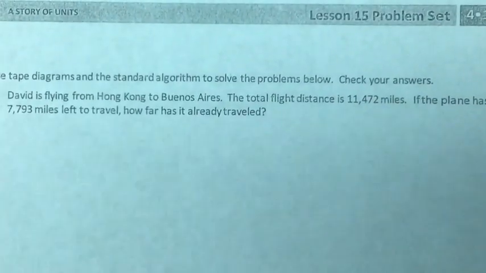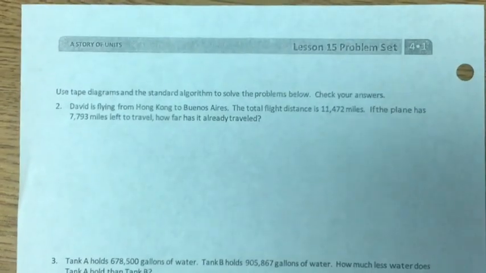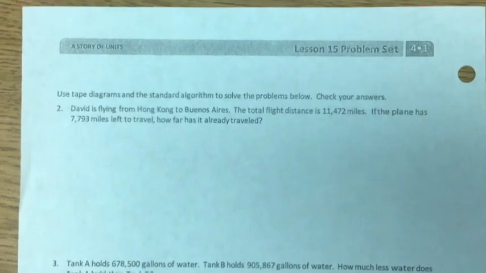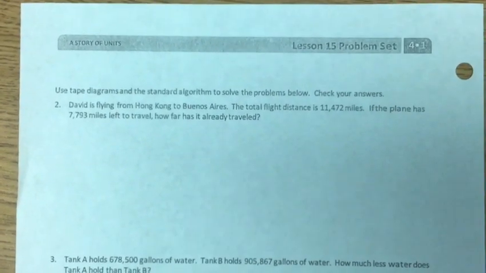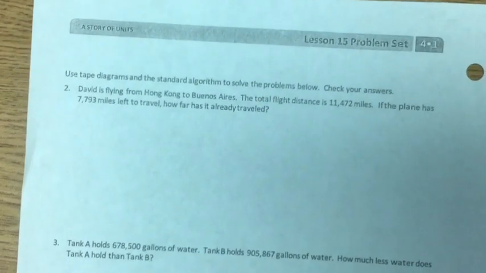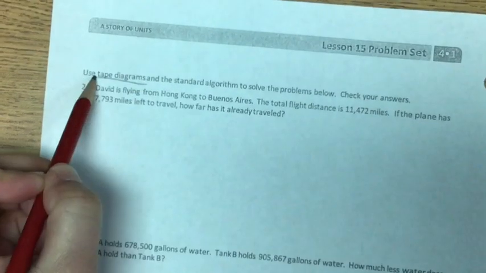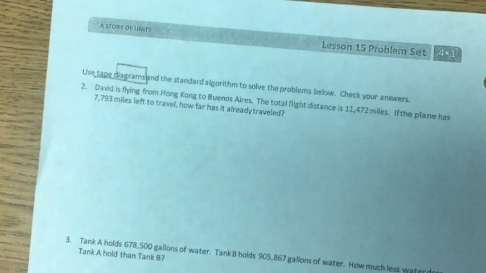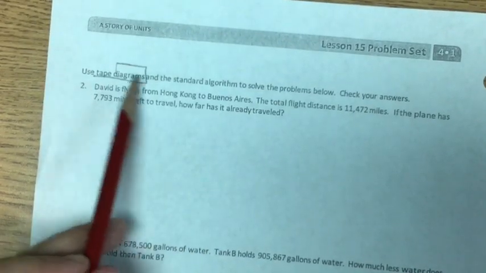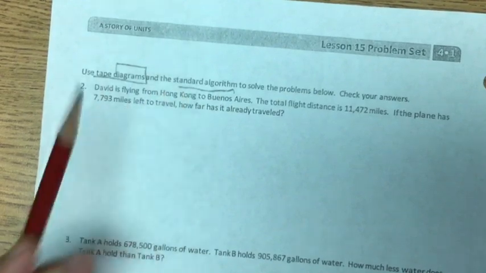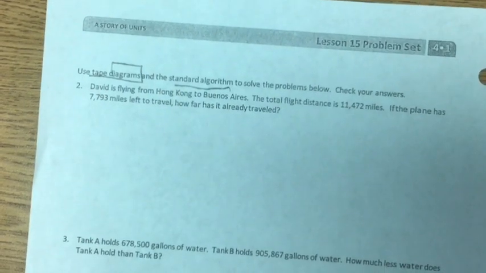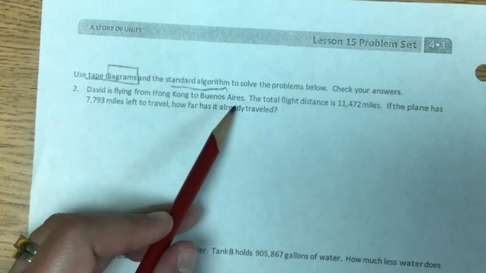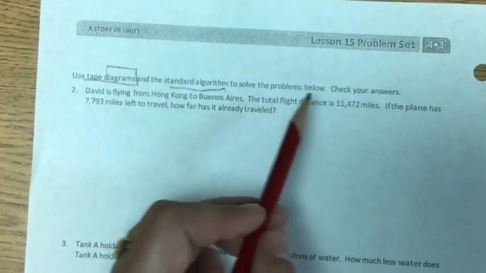Problem set 15. Problem set 15 on the back. It is, that's right, you guessed it, tape diagrams. Tape diagrams, and remember, a diagram helps me understand the flow of what's going on. Use tape diagrams and the standard algorithm to solve the problems below. Check your answers. David is flying from Hong Kong to Buenos Aires. The total flight distance is